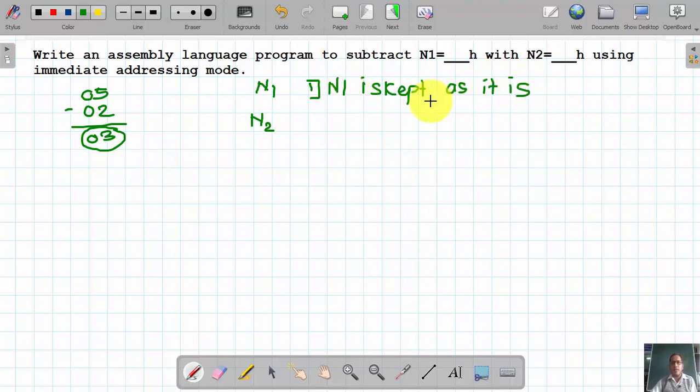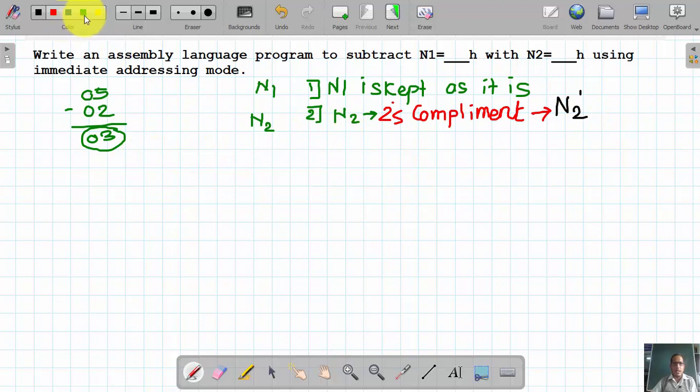Then for the number n2, the 2's complement is obtained. Just obtain the 2's complement of the second number n2. I will call this n2 dash.